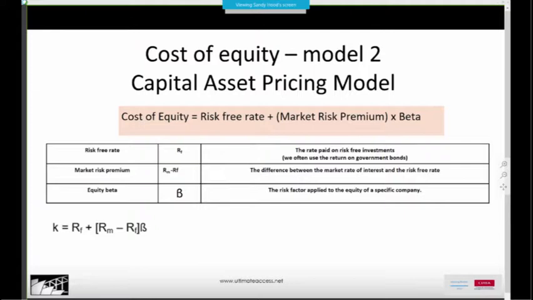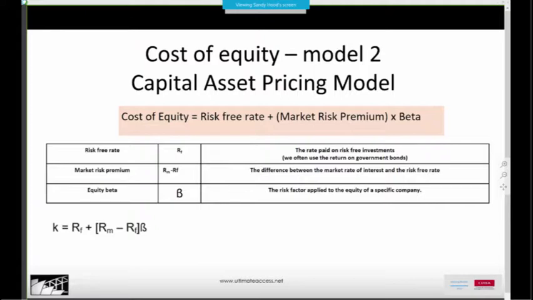Now, there aren't a lot of people who are able to issue debt that's completely risk-free, but we often think of governments in stable countries that are able to borrow money at a very low rate of interest, because there's very little question that the money will not be paid back eventually. So we often use the return that an investor would get from the purchase of a government bond. That's a good proxy for a risk-free rate.